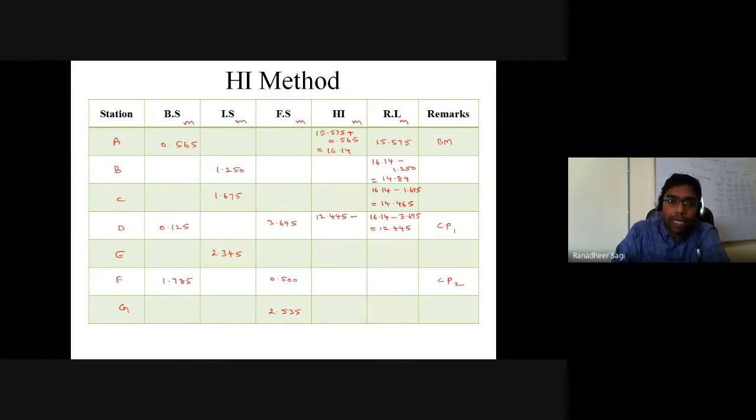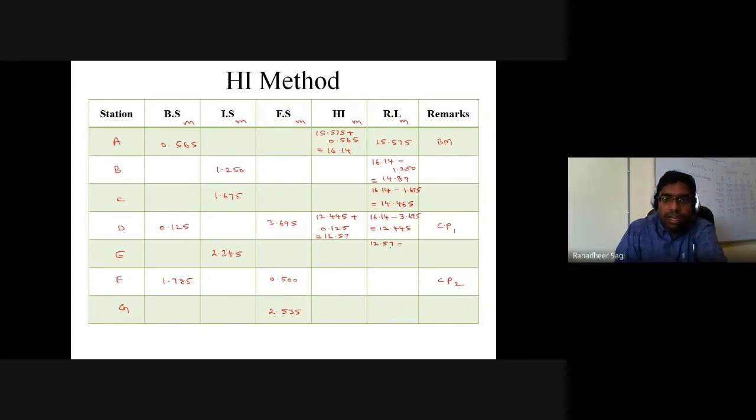12.445 plus. Whenever you are calculating height of instrument, it is nothing but the RL value of that corresponding point plus the backside reading with regard to that particular position where the leveling staff is held. So what is my backside reading? 0.125. Once I know the height of the instrument when it is set up for the second time, based on that height of the instrument, go on to calculate the RL value of point E. RL value of point E is equal to the height of the instrument when it is set up for the second time